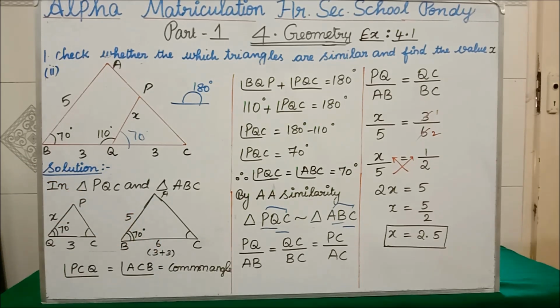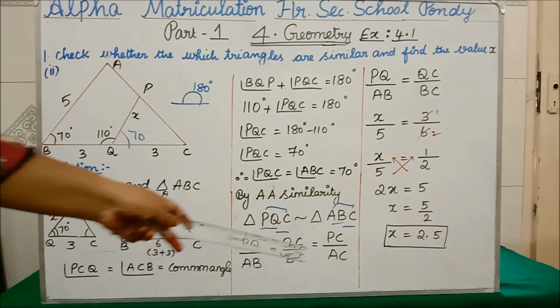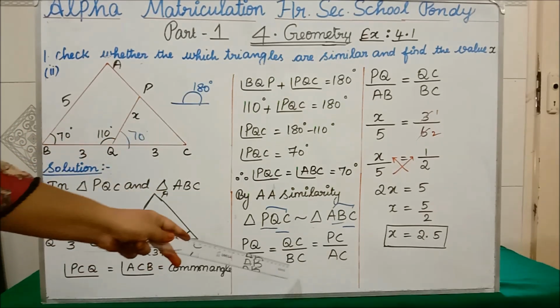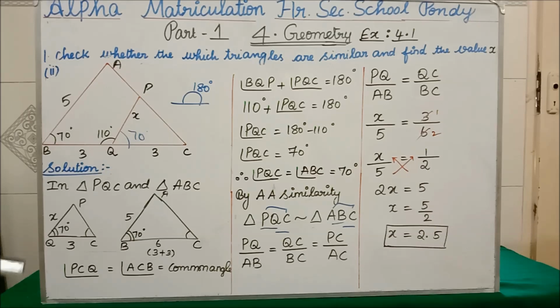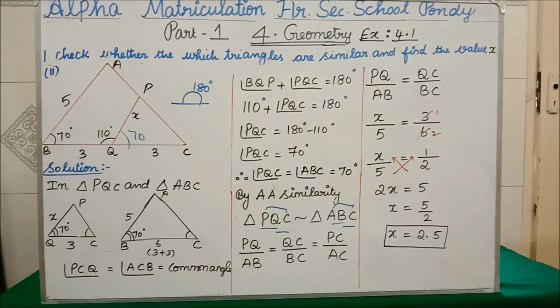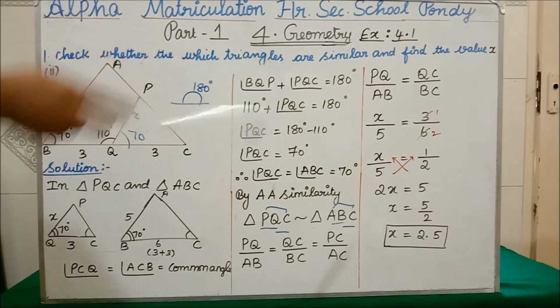Okay, students, I have told you before itself, in the first subdivision you have to see among these three, we have to take any two. See here for PC and AC we don't have any value, so the last one we are not having any value. So you leave that last one, we are taking these two alone. Now what is the value of PQ? We are having x, so I have written x. What is the value of AB? We are having 5. So I have written here x by 5 is equal to QC, whose value is 3, and BC value is